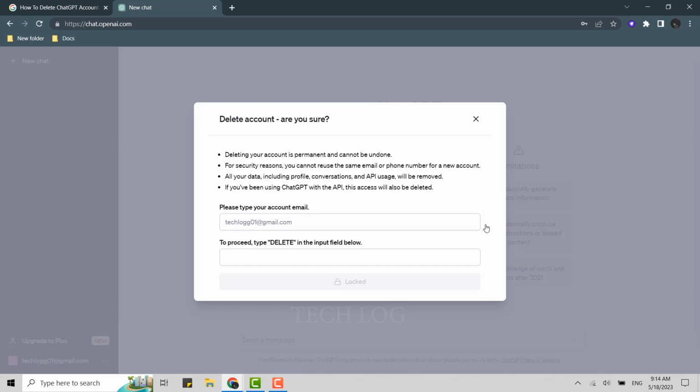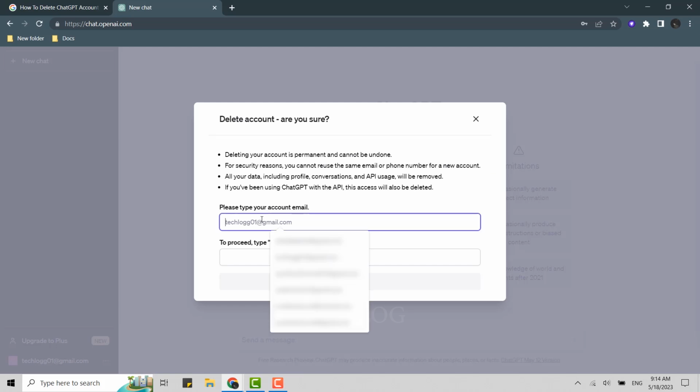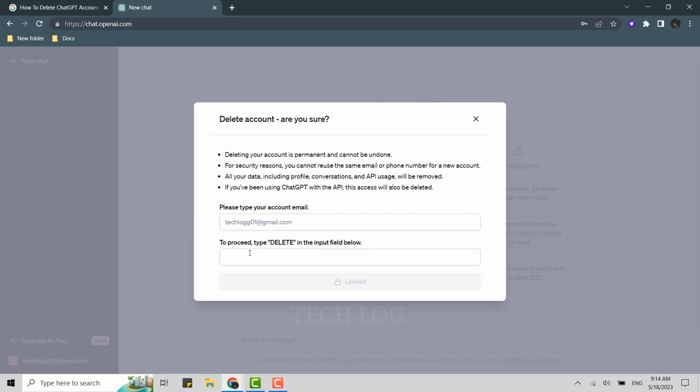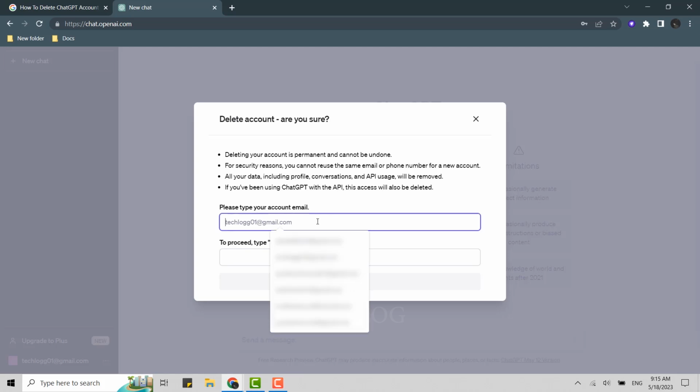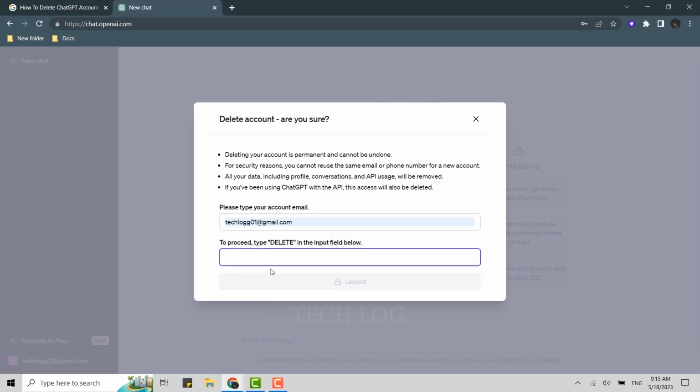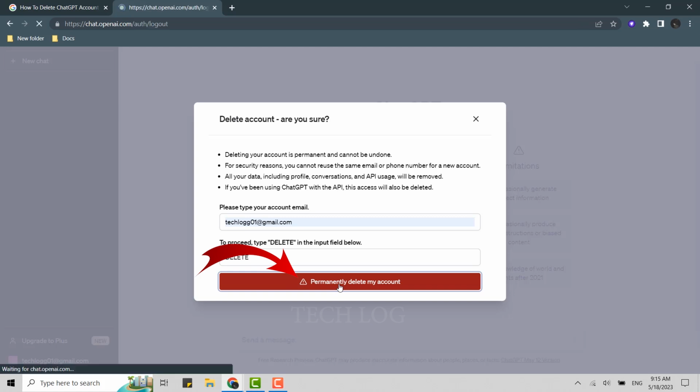A confirmation modal will appear where you need to type your email address plus delete into the field to unlock the permanently delete my account option over here. So type in the email address and below you type in the word delete. The permanently delete my account option will be unlocked, that is, it will be clickable. Click on the permanently delete my account option